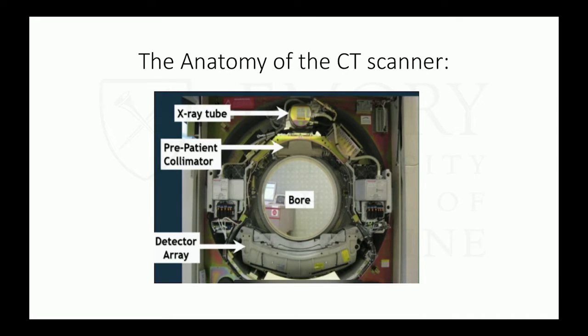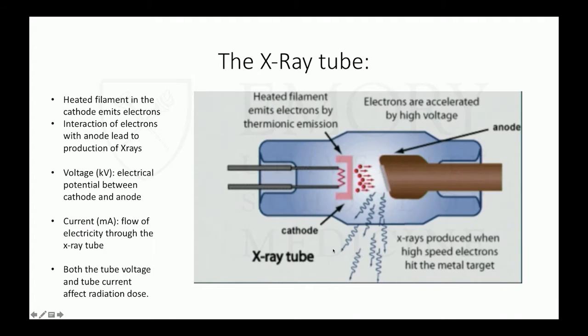So I want to review just a little bit about the basics of cardiac CT in general and kind of the fundamentals. And so here's kind of your basic anatomy of a single source CT scanner. First and foremost, we've got your X-ray source, the X-ray tube, the pre-patient collimator, kind of limiting where you're focusing the X-ray to a specific part of the body, and then the detector array. And so the X-ray tube, it's really acting as